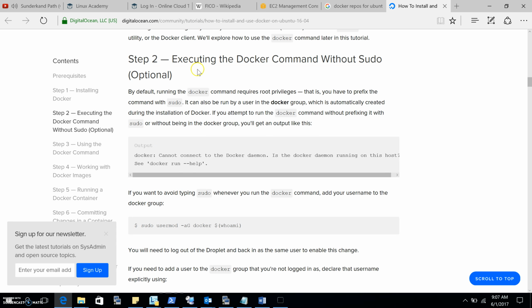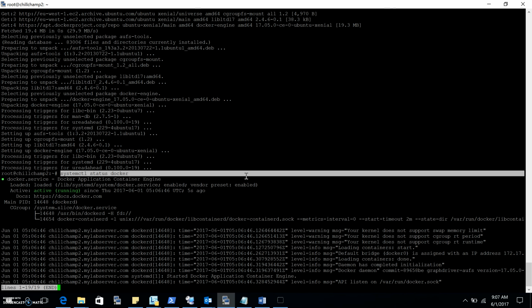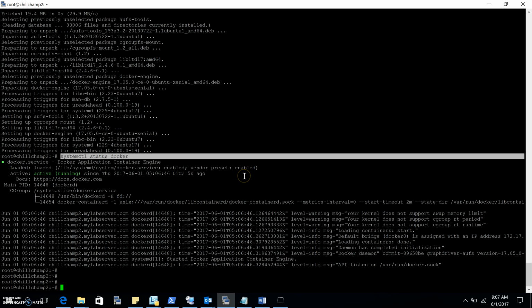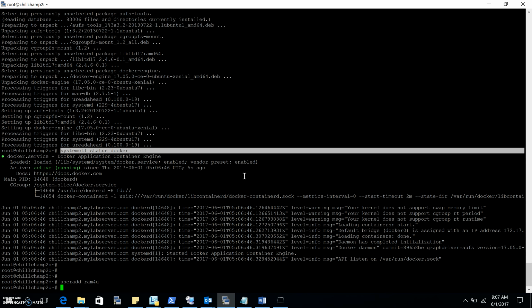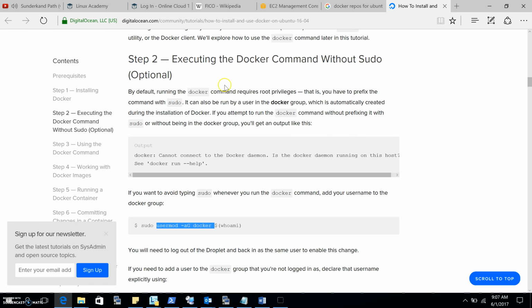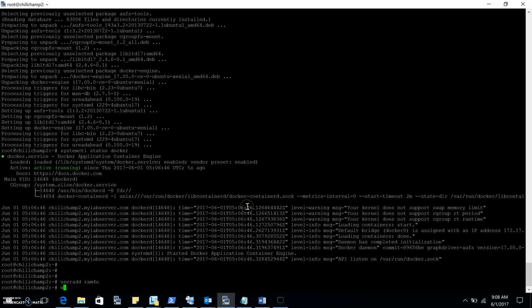So now executing Docker command without sudo. So docker run. Okay, this is an option which you can use if you want to. So basically you are making one user who has sudo permissions. For example, in our case, what I'm going to do is useradd Ram for you. This is me, Ram, and as I'm your tutor, so Ram for you. Once you do usermod -aG docker and then whatever user, who am I, what it does, who am I is